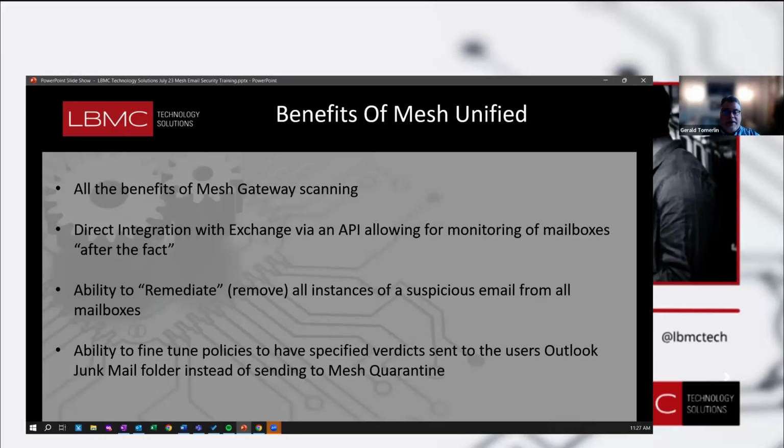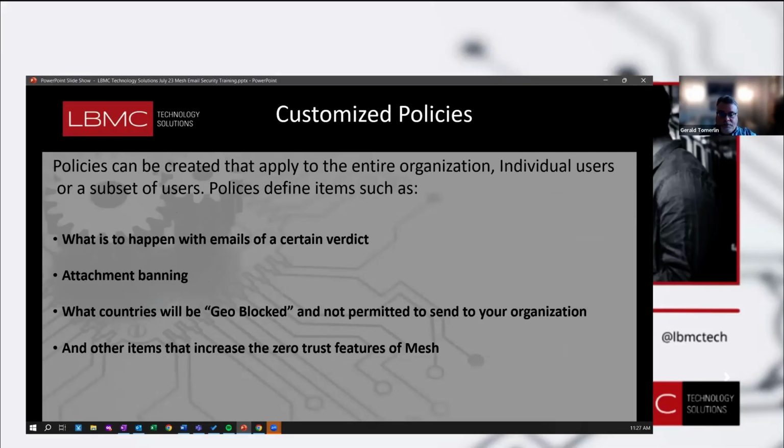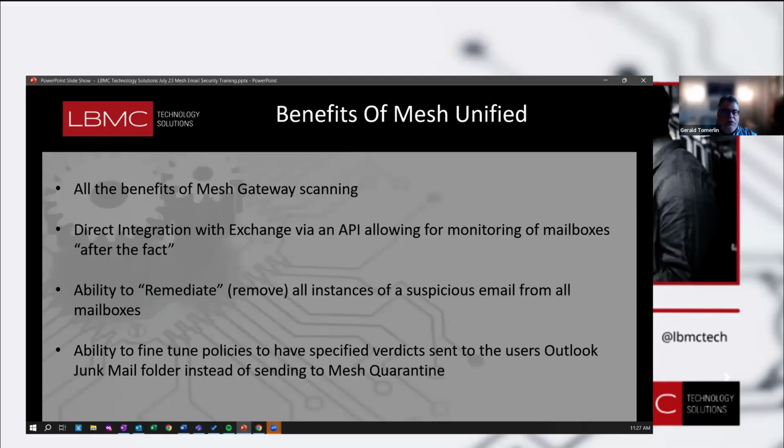It also gives us the ability to fine-tune policies. There are ways to create policies for different levels of spam or info mail or other verdicts. So instead of just block or clear, we can do other things. One of the more popular things to do with Mesh Unified that you cannot do with Mesh Gateway is we